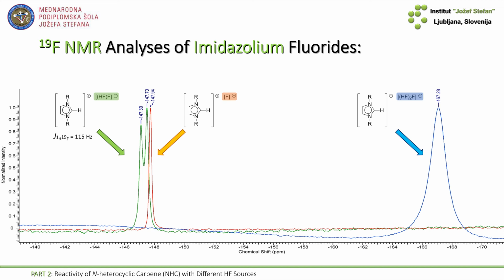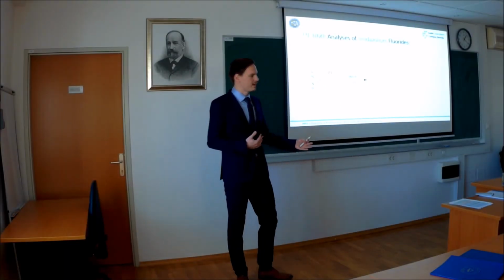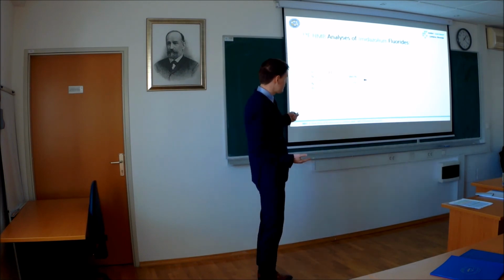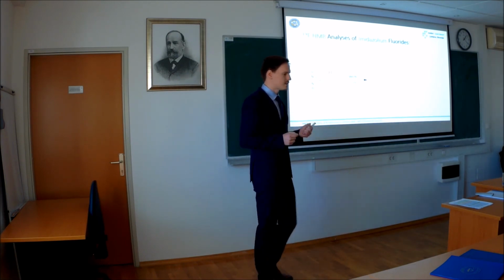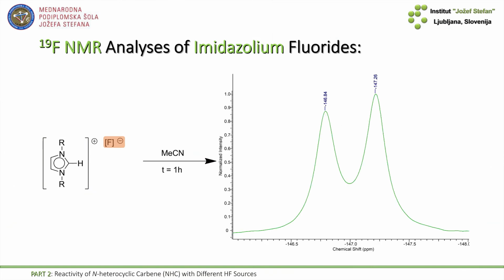Now, why am I showing you this? I'm showing you this because I've grown monocrystals of imidazolium fluoride. I took it to X-ray analysis, got parameters for the crystal cell and everything, and then dissolved the crystals in deuterated acetonitrile. And when I took this sample on NMR analysis, it showed me this peak. And this is confusing and strange because this peak corresponds to bifluoride anion. And this set us back for about 3 weeks or almost a month.